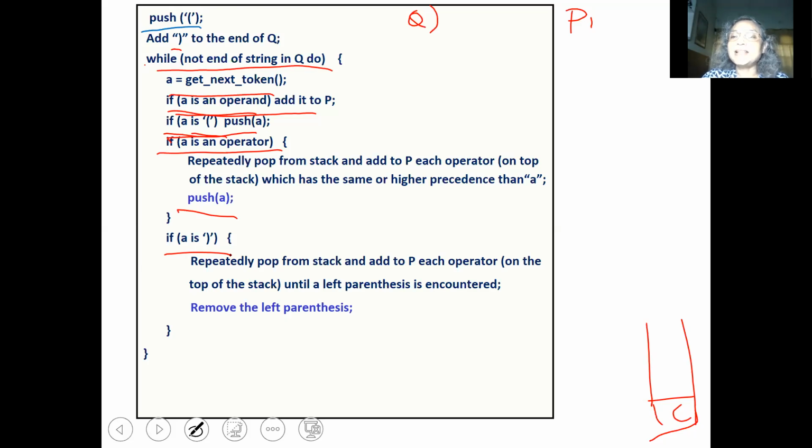And we remove the left parenthesis from the stack. So the stack only gets the parenthesis and the operators. The operands are directly copied to P, from Q to P. And we scan the string Q from left to right, and we have these 4 cases.